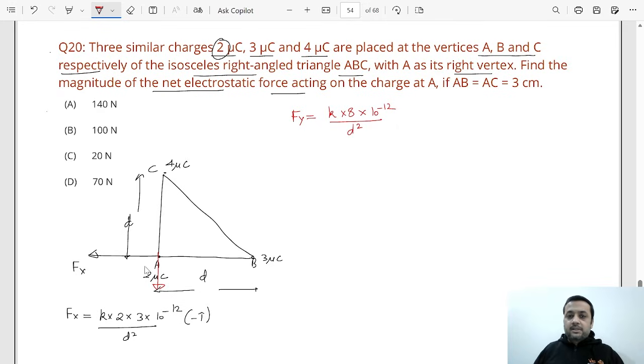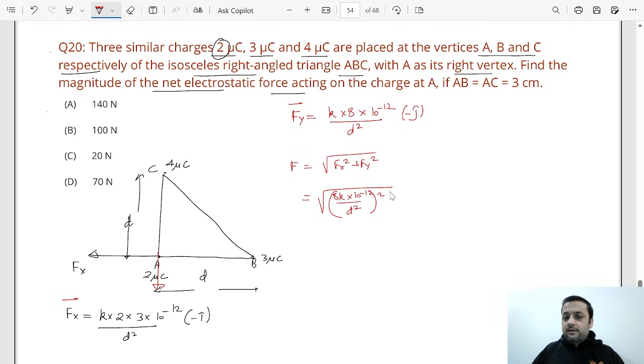Now look, net force we have to find. This force is in the minus j cap direction, and this force was in the minus i cap direction. So net force clearly will be under root of fx square plus fy square. Yes or no? So basically, if you see, the net force will be 8k into 10 to the power minus 12 upon d square,